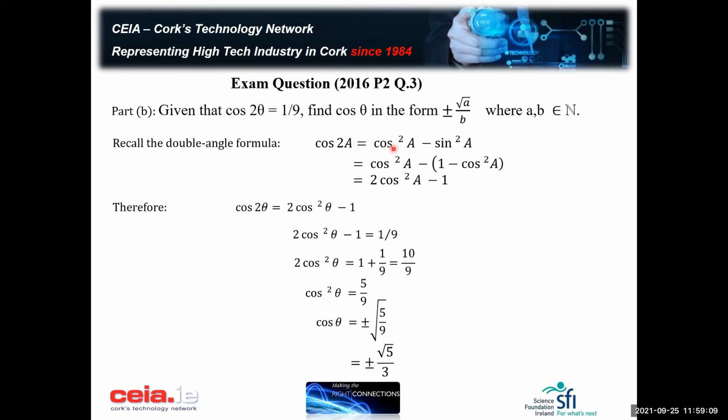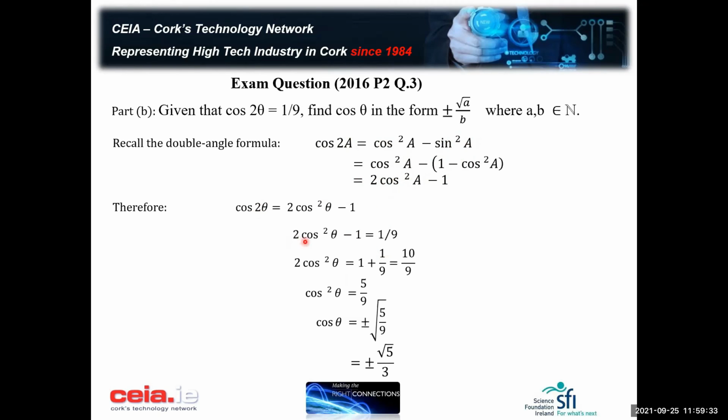So you use this version, which you can derive from what's in the log tables very quickly, using the fact that sine squared plus cosine squared is equal to 1. And you find cosine 2a can be expressed in terms of cosine of a. And then just replacing a with theta